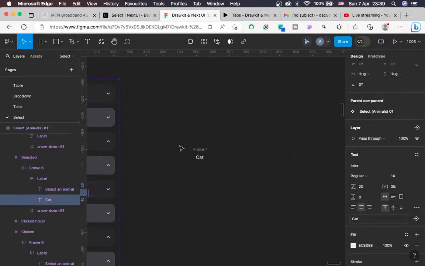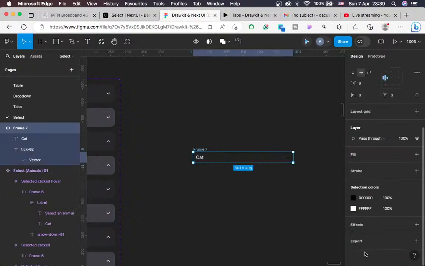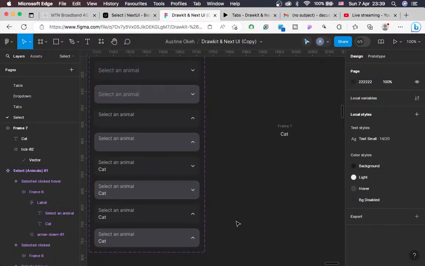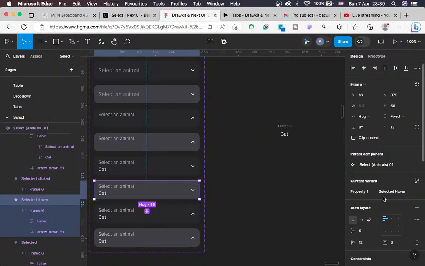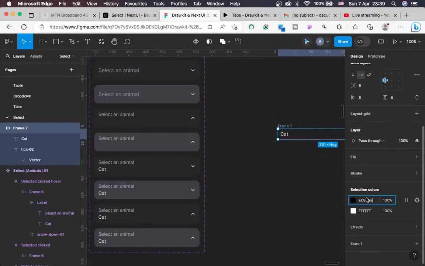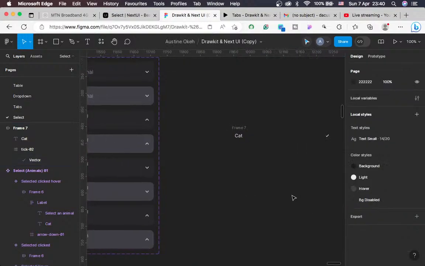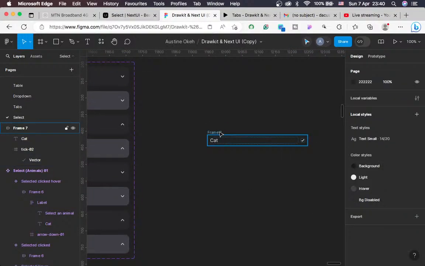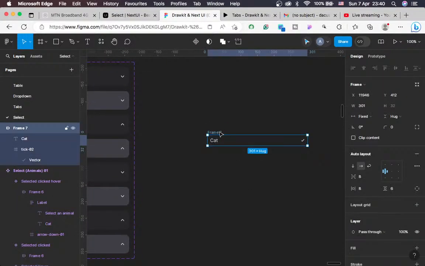Control Z, click on it, change it. Come back to copy it again. Copy, come here, paste. Okay, so now I would say this is what